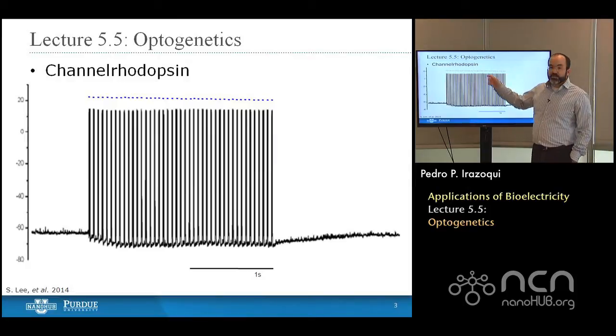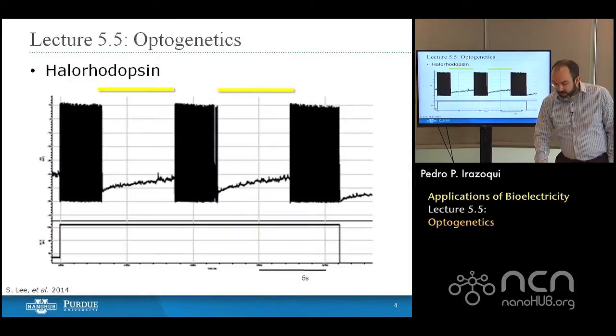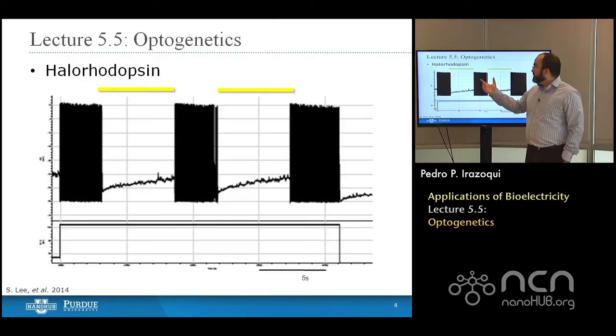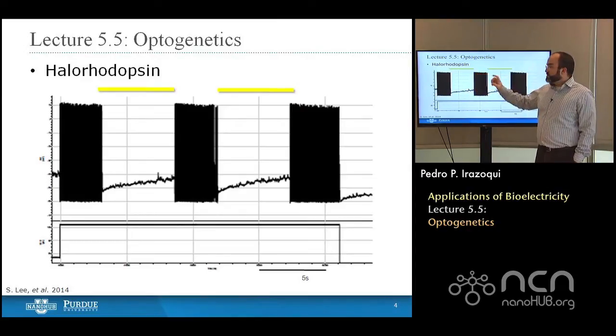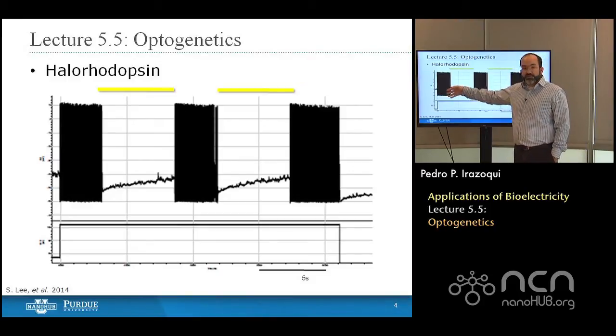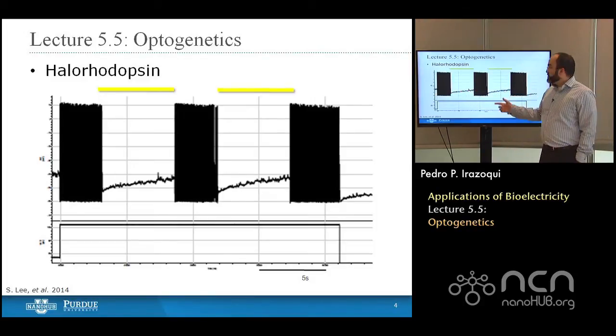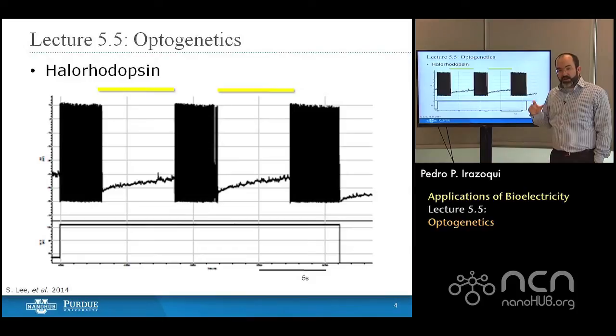So it's positive confirmation in the laboratory that we are able to modulate that neuron's firing, in a slice at least, using blue light. There's another type of ion channel called halorhodopsins that work in the opposite fashion. They are inhibitory ion channels. In this case, applying yellow light with a laser, so a different frequency of light, takes a neuron that has a particular resting firing rate, and when we apply that light, the neuron is silenced. So you can excite a neuron or you can inhibit a neuron.